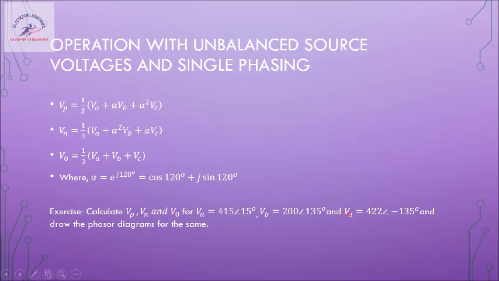How to draw the phasor diagrams? For VP magnitude, draw three vectors separated by 120 degrees in the original phase sequence. For VN magnitude, draw three vectors with the opposite phase sequence, and for V naught, draw it as a DC component. That's all I want you to do. This is a simple exercise. Even though this is not directly related to this particular concept, if you do this, you will get a real hold of the subject very easily.